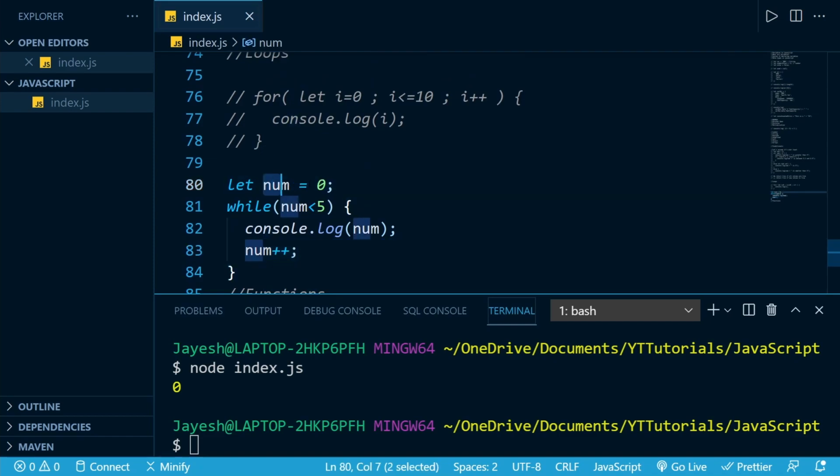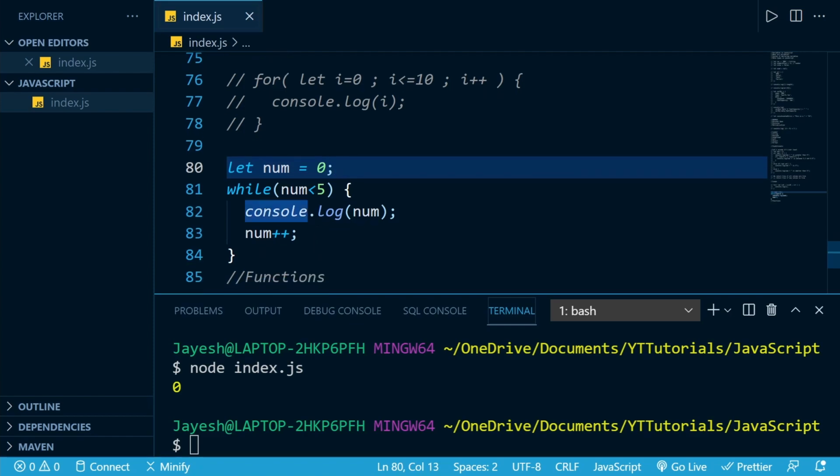As you can see, we are initializing the value to a starting point. You can initialize this to any value, 0, 1, 2, 100,000, it doesn't matter, any valid value. And then here we are doing something very similar. We are declaring a variable, let num, and initializing it to 0, and then we